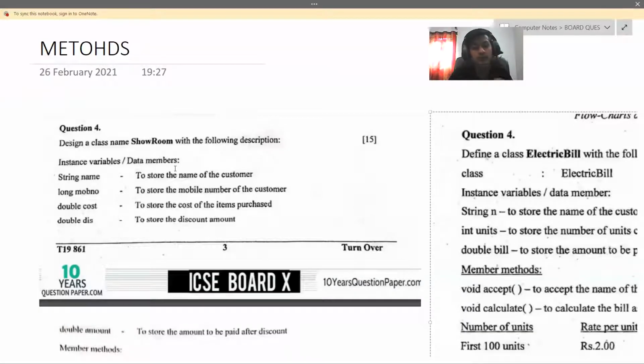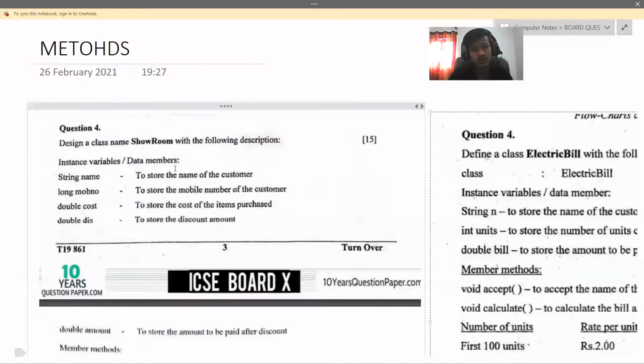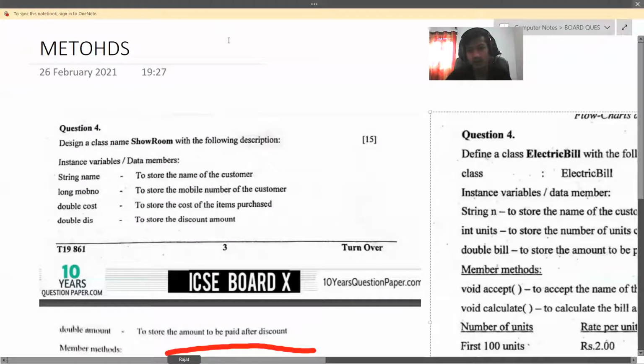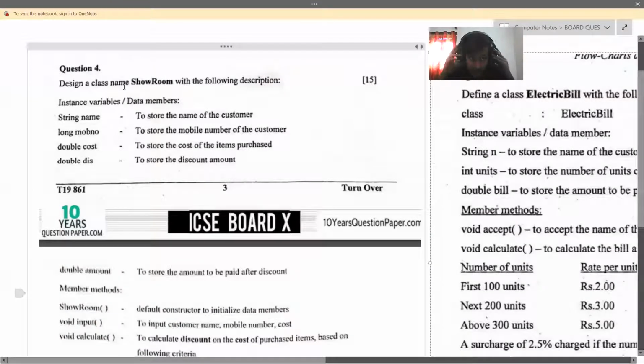Yeah, so now we'll first do question 4 that comes in the previous year paper. I've sent you the PDF of the same in the crash course group today only, so you all can check from there. So the first question that we have is question number 4. Like I said, you have to do as the question says.